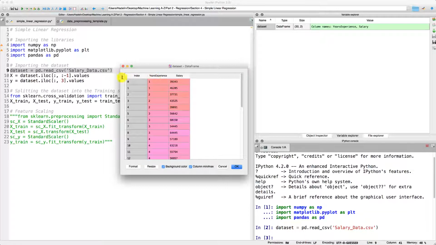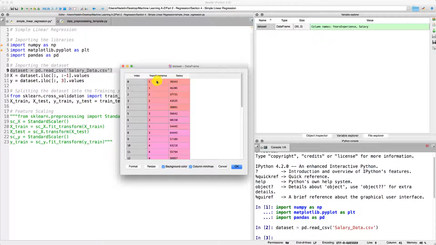Okay, and now let's see what we need to change here for X and Y. As a reminder, X is the matrix of features, that is the matrix of independent variables. Here, the independent variable is the years of experience, the number of years of experience. And then the dependent variable is the salary. So our matrix of features here, which is taking the dataset and removing the last column of the dataset, that is the salary column, with this -1 here, will contain only one column,